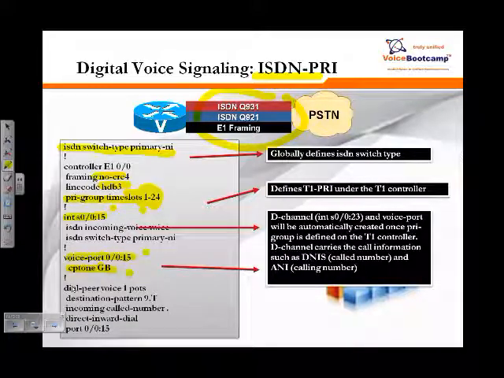And once that is done, your last option is to create a dial peer. A dial peer allows you to send calls to the PSTN. Here's an example of a dial peer with a destination pattern 9.T. Incoming called number dot means any call that is coming in matches this particular dial peer, and direct inward dial means